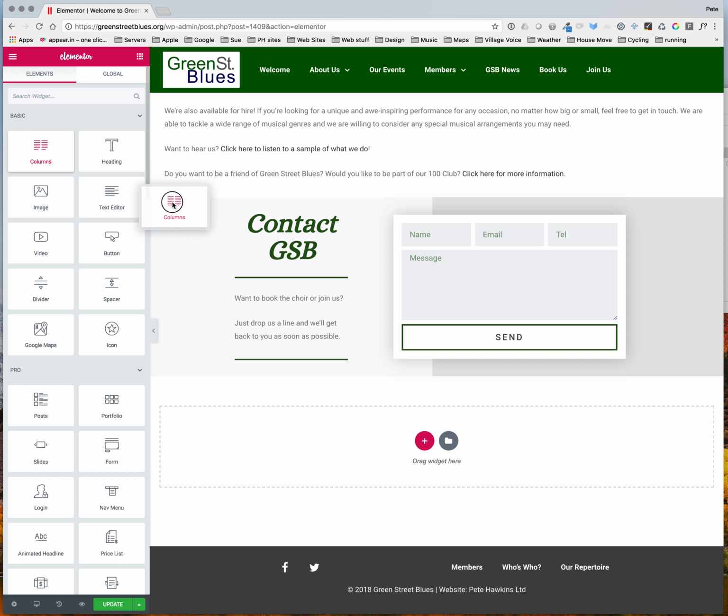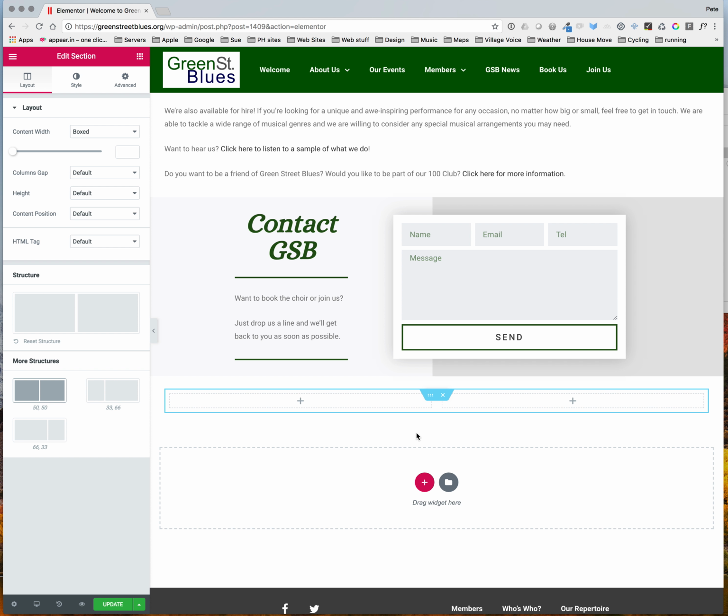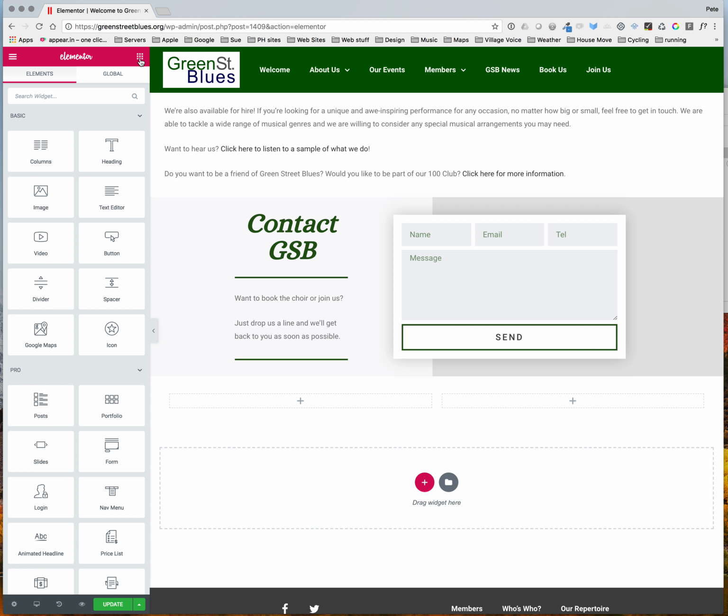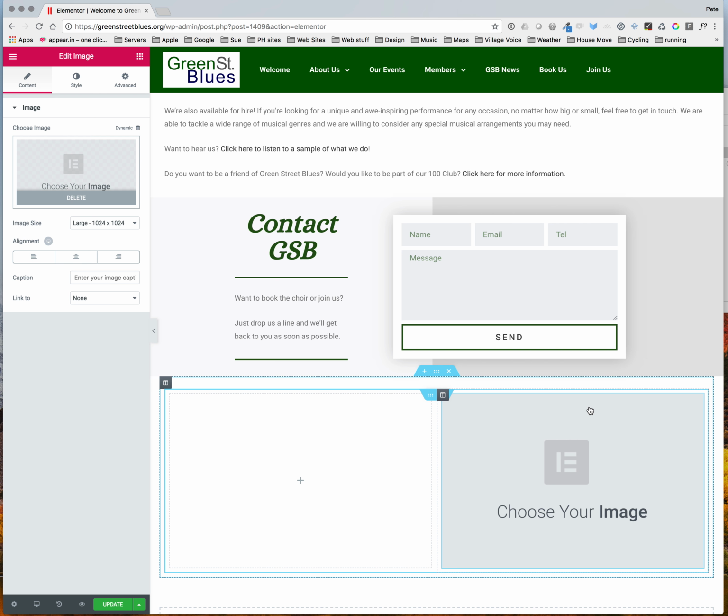let's first of all add 2 columns. So you just click, hold, drag to that area, and you get presented with 2 columns. Go back to click on that 9 dotted square. And let's say we want to put an image in on the right hand side, drag the image icon across,